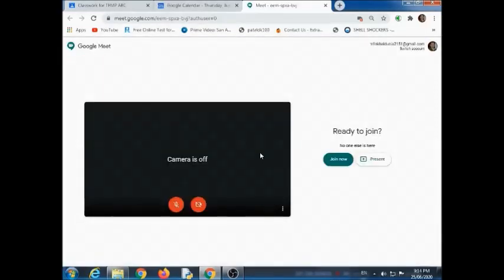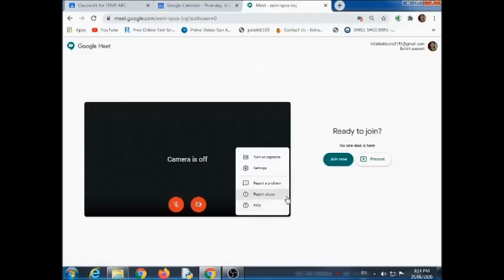So if you have a camera and microphone, then it would show you the video, and you can find your audio and video. If you want to set up the audio and video with another device, then you can click on this more option. Follow the cursor and you will come to the bottom right corner of this window where you are given more options. Click on the more options, and here you would find the settings. So click on the settings button.